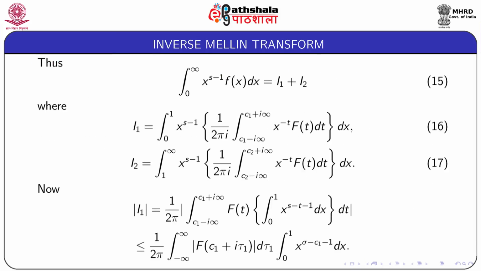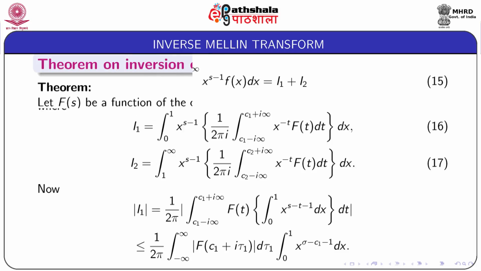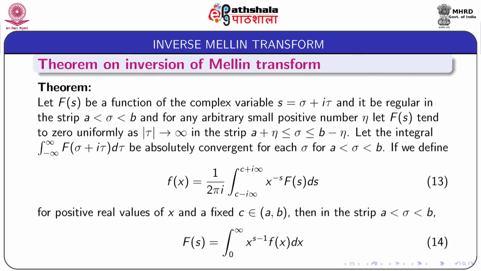Thus, we can write the integral from 0 to infinity of x to the power s minus 1 f(x) dx equal to I1 plus I2. So, this is I1 and this is I2,